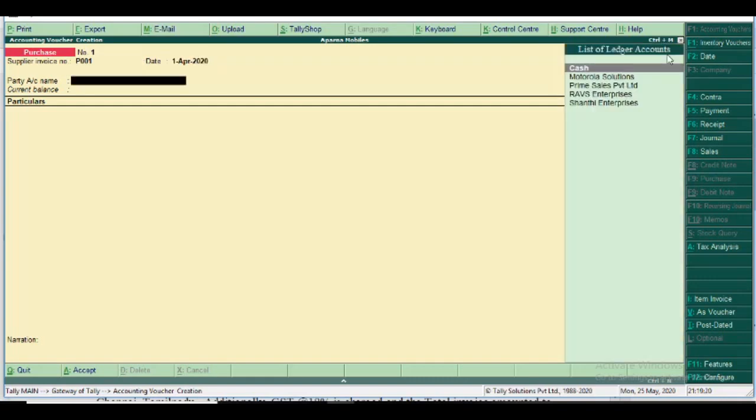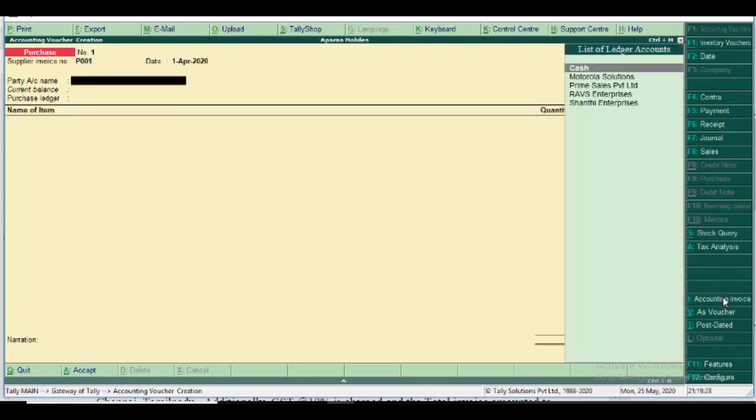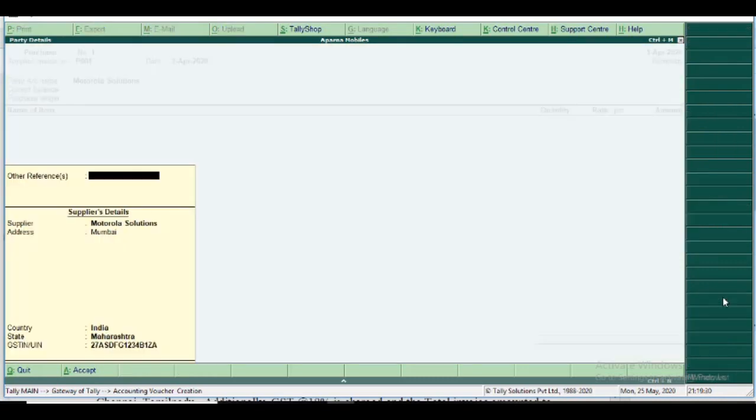Then the party name is Motorola Solutions. Here the supplier details come up clearly. Motorola address is Mumbai, state Maharashtra, GST number auto-filled.